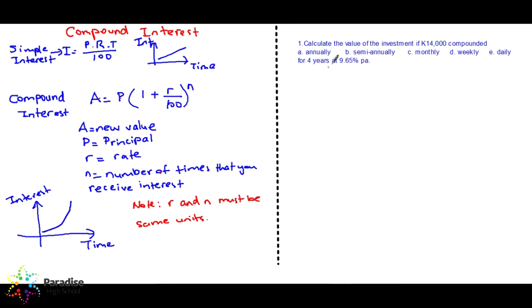Now, let's look at the examples here. The first example is: calculate the value of the investment if 14,000 kina